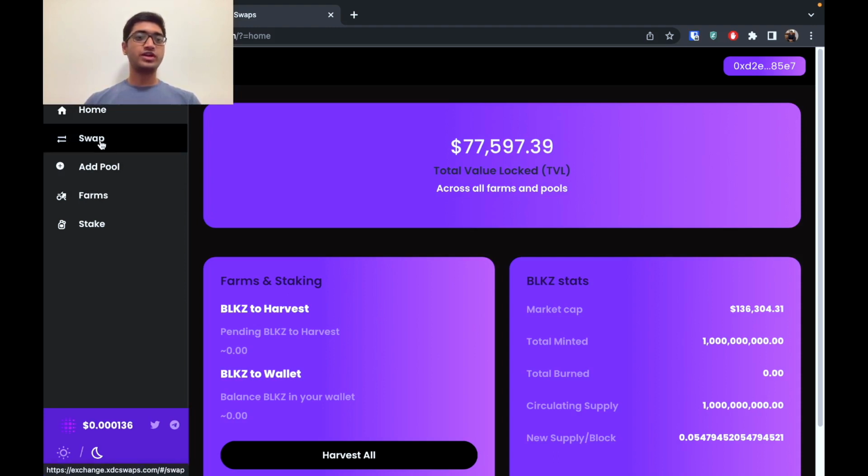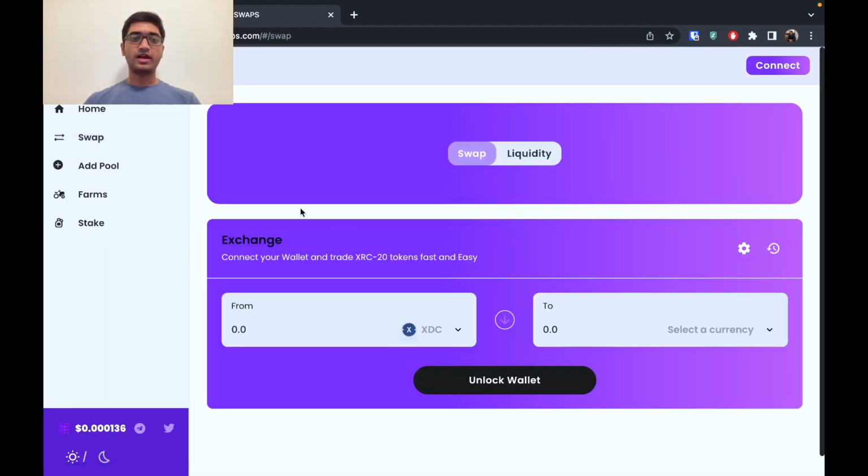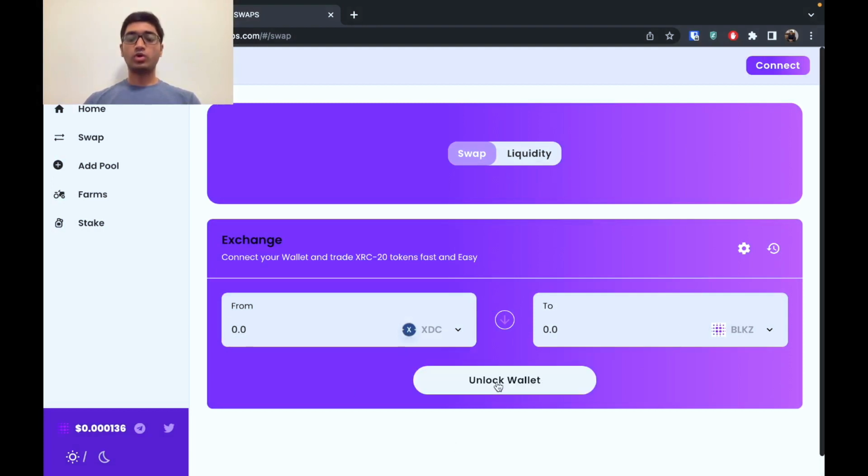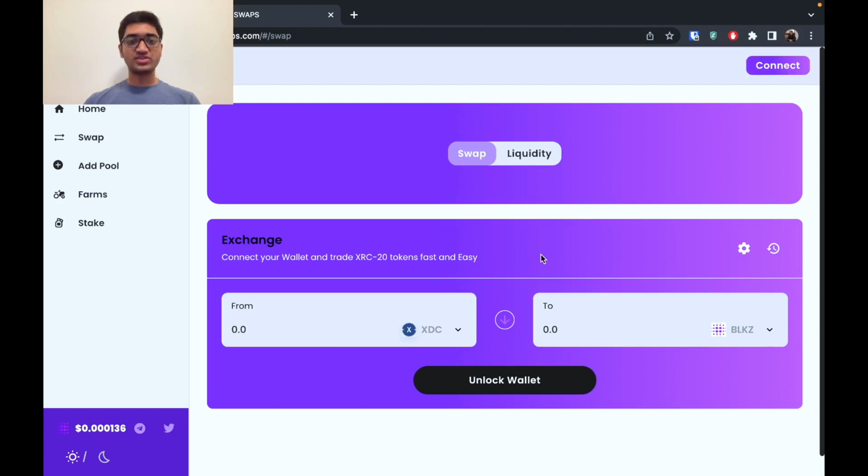The first thing is we can go to the swap website, and the swap allows us to basically convert XDC into any other currency of our choice. So if we want to convert XDC to, let's say, BLKZ, then clicking on that allows us to calculate that. Now, if I were to unlock my wallet and connect it, then I would be able to see all of the transactions and how much I would get for each thing. So if I were to give, let's say, 100 XDC, I would get some amount of BLKZ. Clicking on transfer after that would create the swap, actually create that transaction onto the XDC blockchain, and give me the BLKZ in my wallet, which I have connected to this website.